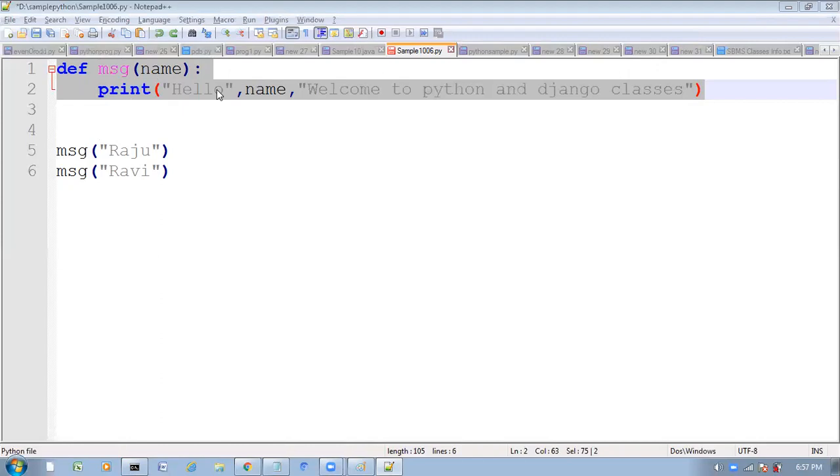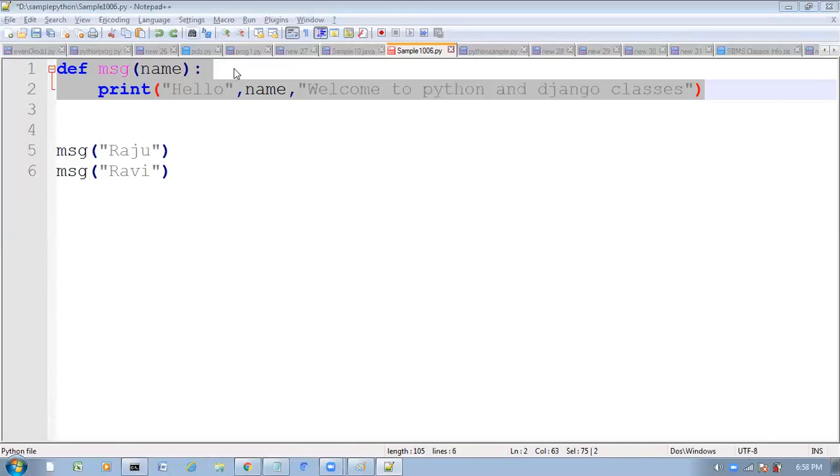By using decorators, we can get the expected output. We have to go for decorators. If you want a different output when name is not equal to Raju, then we have to go for a decorator function.